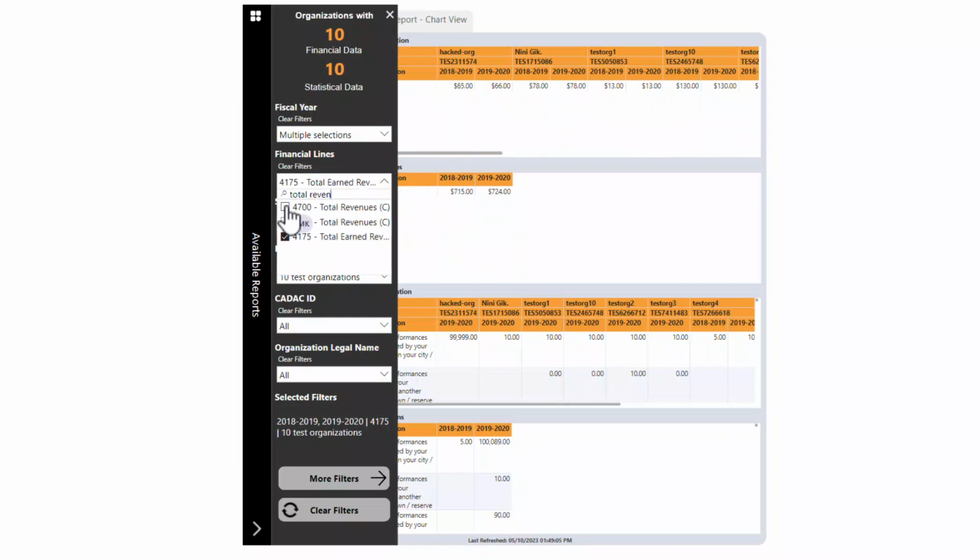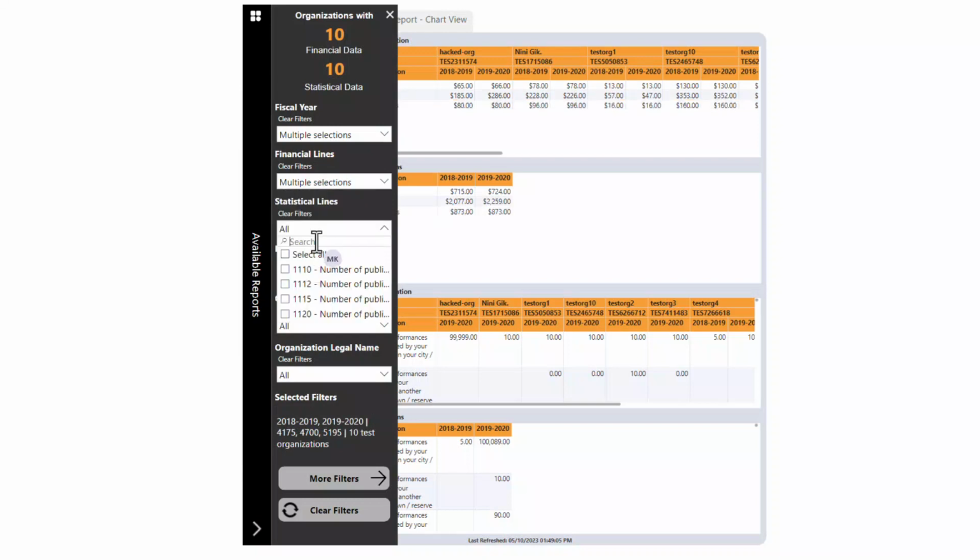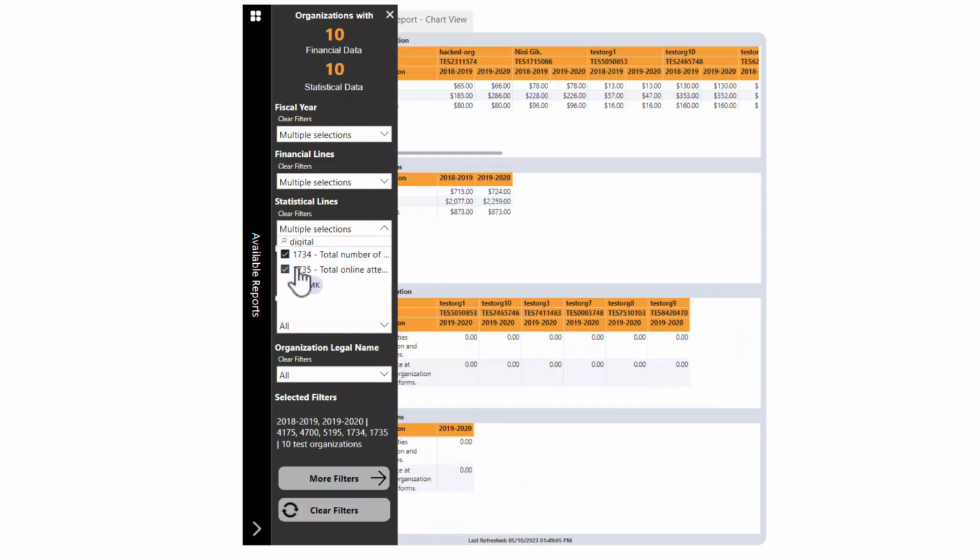I'm also going to select the total revenues, the total artistic expenses, and then on the statistics side, I had mentioned that I wanted to look at the digital activities and digital attendance. And again, if I hover my mouse over one of these lines, it will give me the full line label. And if you're not familiar with the line numbers and line labels, there's a document available in CADAC upon logging in that enumerates every single financial and statistical line with its respective label and definition, which can be helpful in